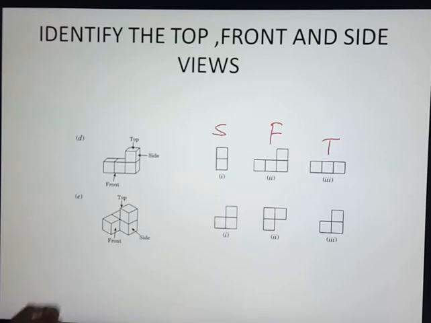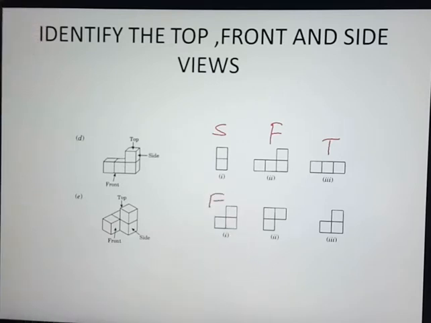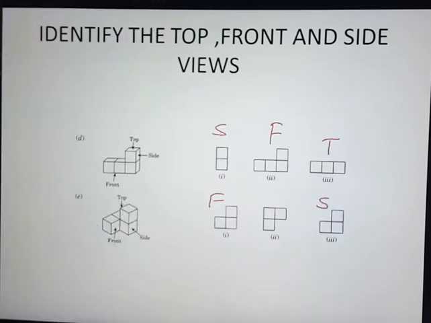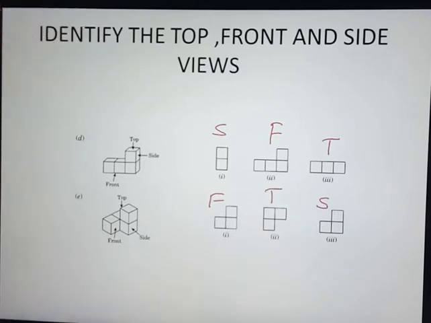Okay, now look at this object, little different. Can you tell me, identify the front view of this object? Option E. Front view. First one. First one is the front view. First one is correct. Next. Okay, first or third both are same. Then side view also same. Front view and side view same. Okay, the second one must be the top view. Second one is the top view.